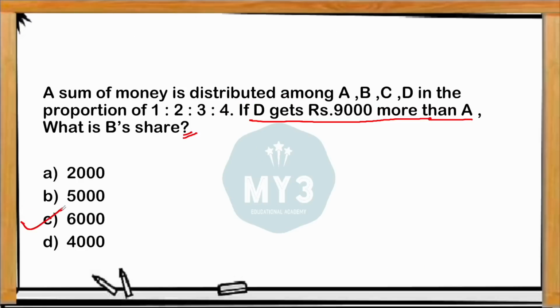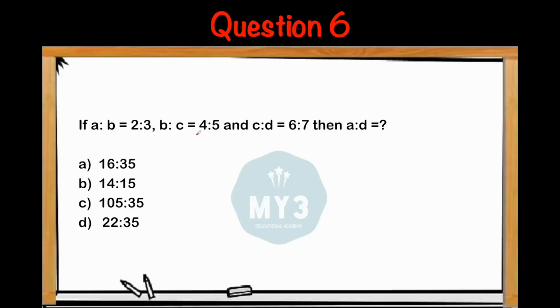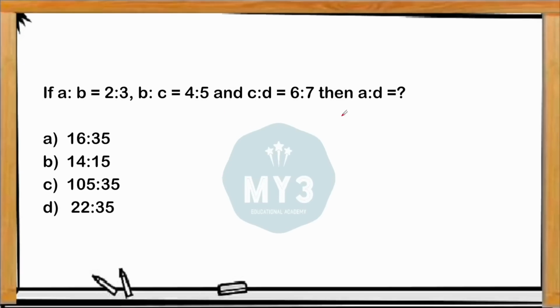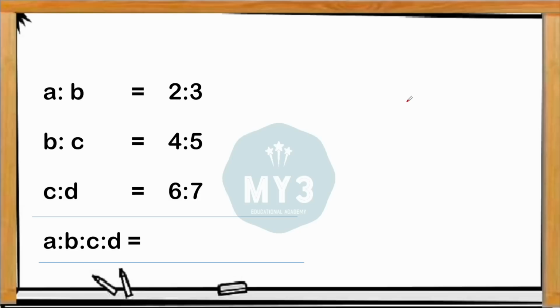Hope it is clear. A is to B is given, B is to C is given, C is to D is given. They are asking you to find out A is to D value. So you can just observe, when we have a splitted ratio, to convert into unique ratio, you can go with this approach. So A is to B, B is to C, C is to D is given. To get the first term, to get the A value, just multiply all the first terms. So multiplication of all the first terms means 2 into 4 is 8, 8 into 6 is 48. This is the value of A.